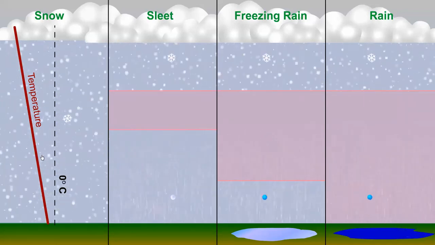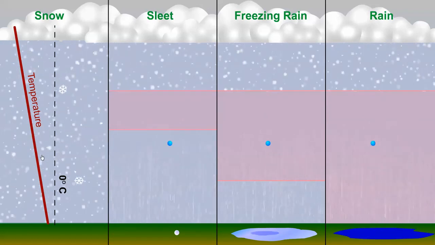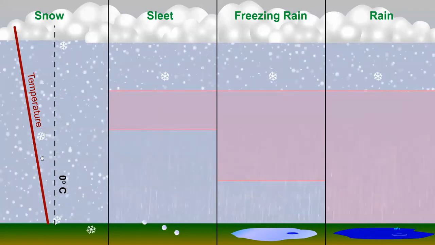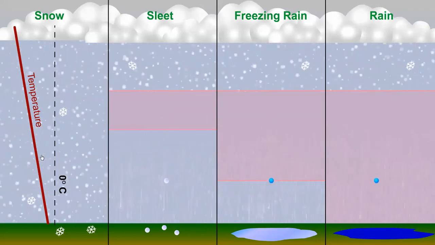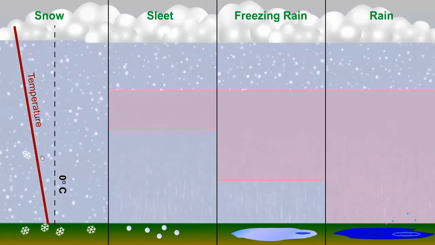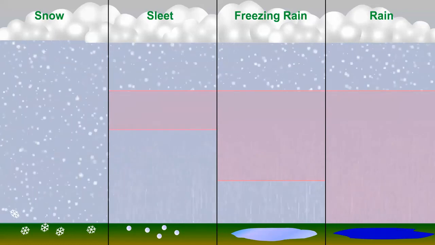But for scenarios in which temperatures aren't cold enough to sustain snowflakes all the way to the ground, the pink layer represents air with temperatures greater than the melting point of ice. That's 0 degrees Celsius or 32 degrees Fahrenheit. So over here on the right,